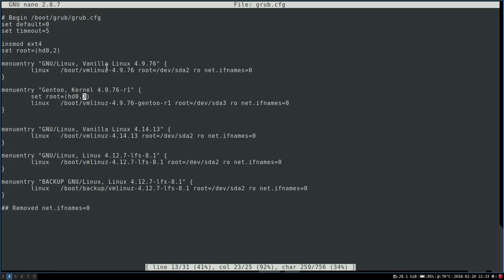And then we do pretty much the same thing we had up here. We do the linux line, and we point it to the boot directory, vmlinuz-4.9.76-gentoo-r1. We make sure we also change the real root to /dev/sda3, read only, just like there, and net.ifnames=0. This is optional right here. What this does is it's supposed to change